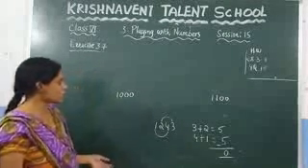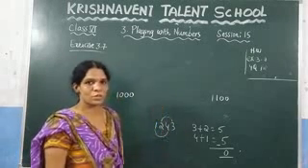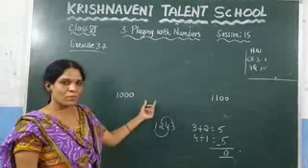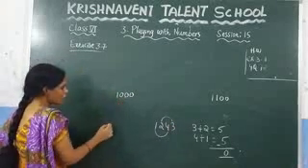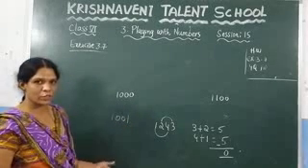Now here they are asking, you need to write the numbers between these two numbers such that those numbers should be divisible by 11. So first you need to know what is the next number that is divisible by 11. You know that after 1000 you will get 1001, and apply the divisibility rule here.